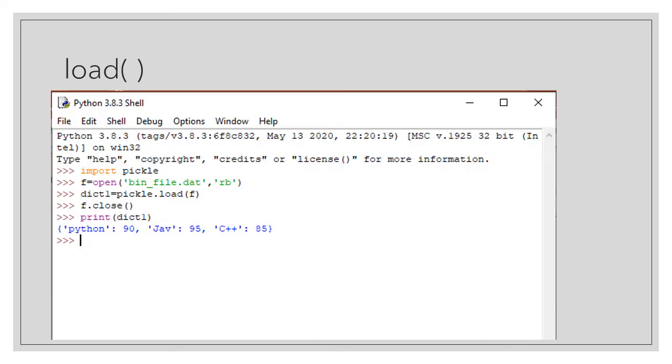See the program here. Here we are importing pickle, then f = open("binfile.dat"). Students, make clear that while you are creating a text file or binary file, before starting the Python program, you have to create the file in the Python directory folder.